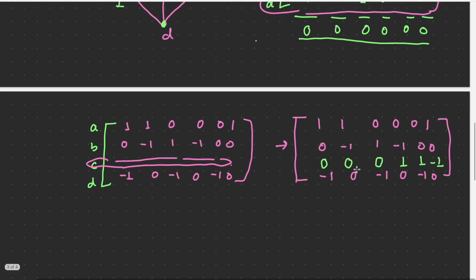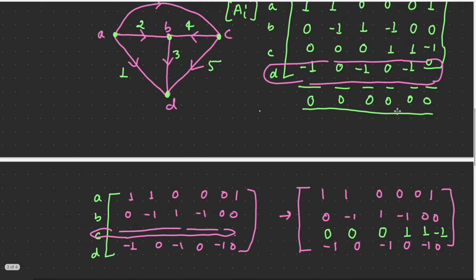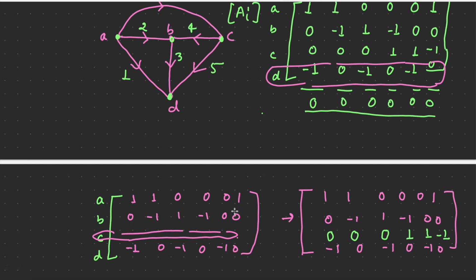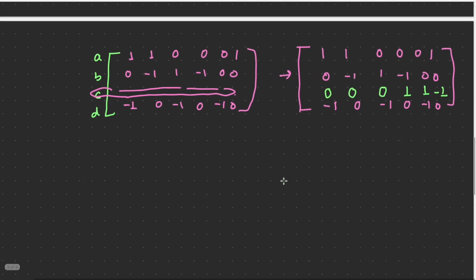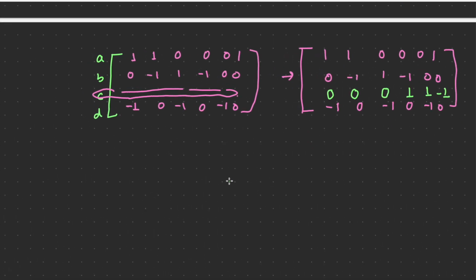So we can see that we can get the original matrix from the reduced incidence matrix. This way we can write the incidence matrix and then reduce it, and if any reduced matrix is given to you, we can easily construct the original incidence matrix out of it. So this is called the reduced incidence matrix for the given graph.